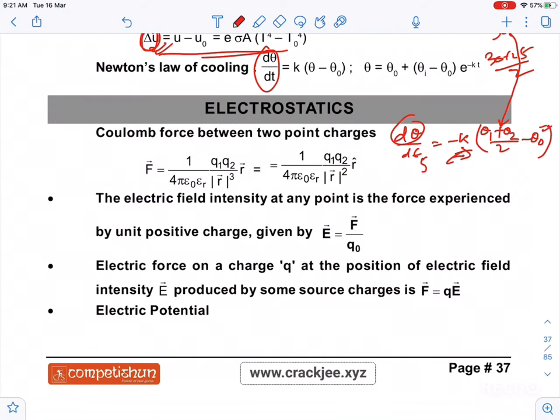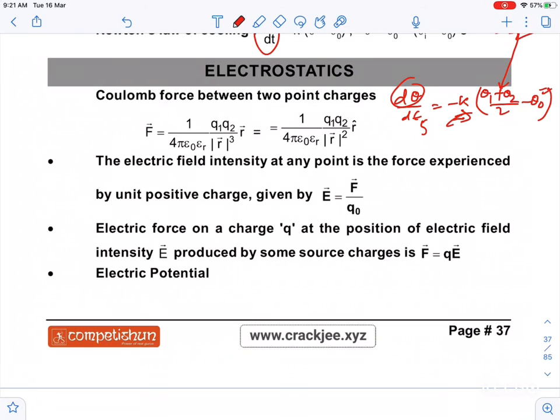You get the result. Now guys, in this lecture we are going to cover electrostatics also, so that in the last lecture I can cover all the topics. Okay guys, I can understand it is too fast for those students who are in class 9th and 10th. They may be getting bored, but keep patience, guys. If you are in class 12th and giving JEE, I definitely know this is very beneficial for you all, guys.